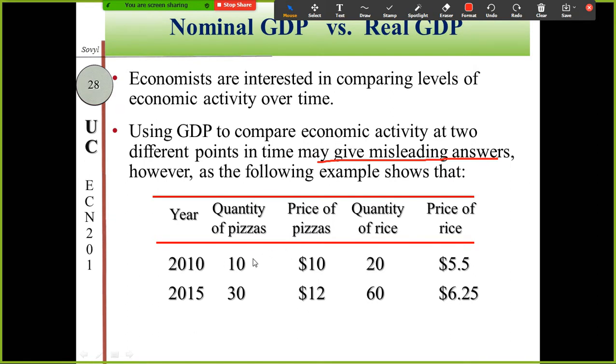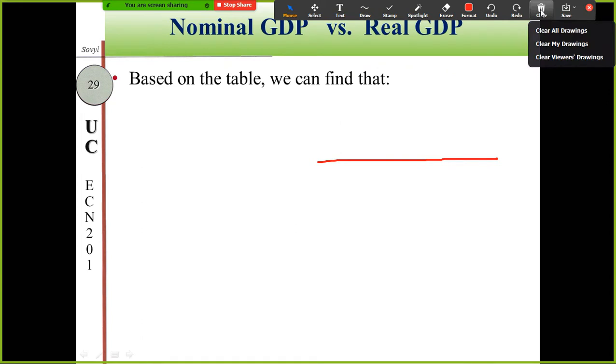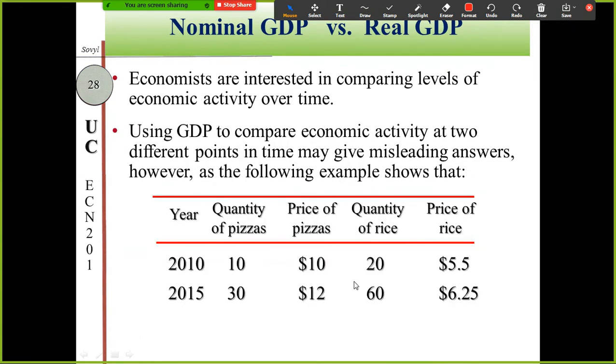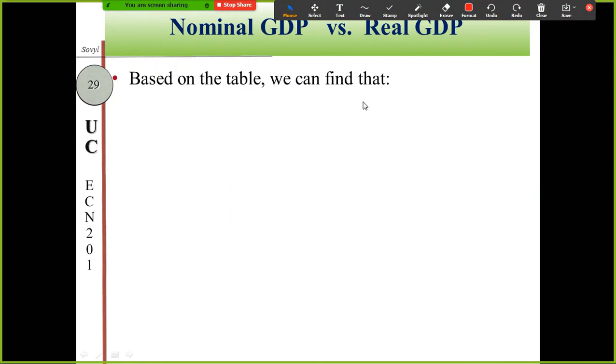This table shows two products, pizza and rice, with different data for different years. Based on the table, we can find that